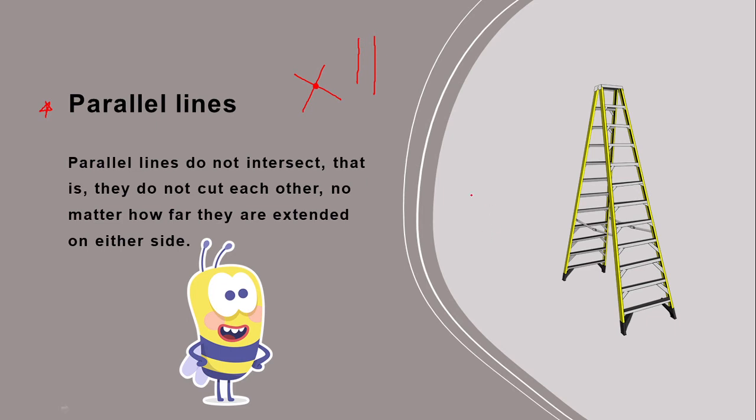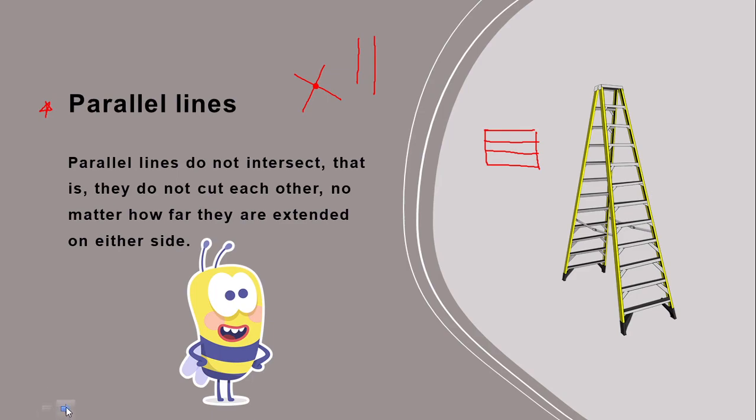Then secondly, you can take a window bar. Okay. In a window also there are bars. So these bars, they never meet each other. They run parallel to each other. If there are any two lines or more lines which never meet each other, even if you are extending them, such kind of lines are called parallel lines. So if I give you a set of lines, what you have to check, just they should not be touching each other at any point. So simply you can tell them as parallel lines.